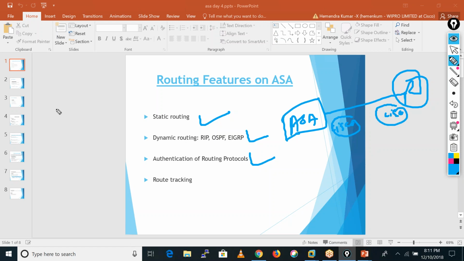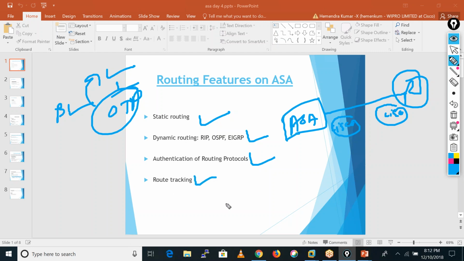Like when you do any banking transaction, you have to log in to your bank, right? That time you put your username, password, and OTP, right? So it's a similar thing. That time you authenticate over there. So they are also authenticated with each other. And here we also have route tracking. Route tracking means,